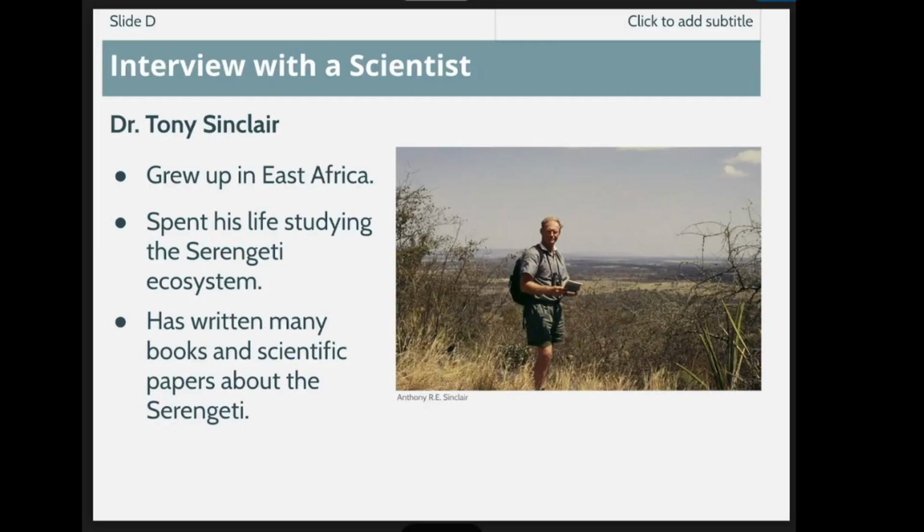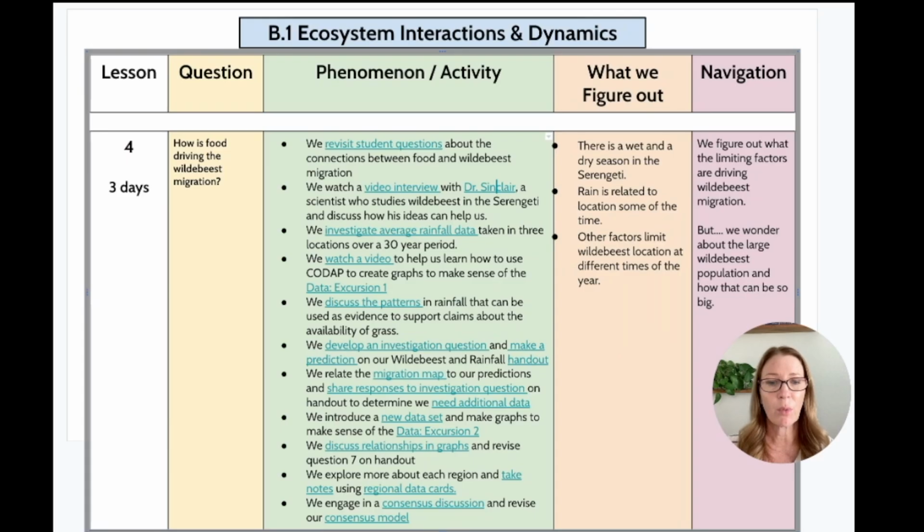He's written many books and papers about the Serengeti, and the video shares him talking about when he was studying the food sources of different species in the Serengeti, especially the wildebeest, and how instead of looking for food, they looked at rainfall, because rainfall can really have a direct correlation with the amount of grass that's grown, which is the food source for the wildebeest. So we watch the video and we discuss how his ideas can help us, and then we begin to investigate